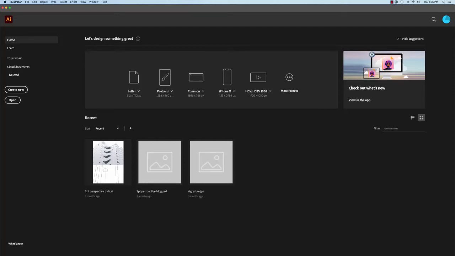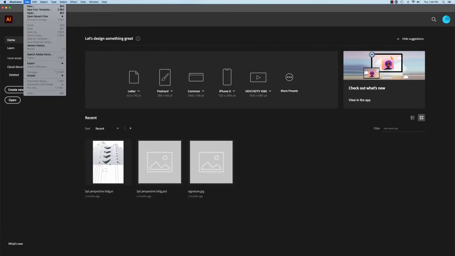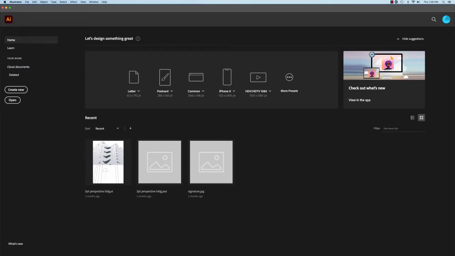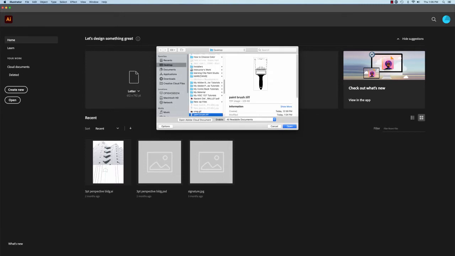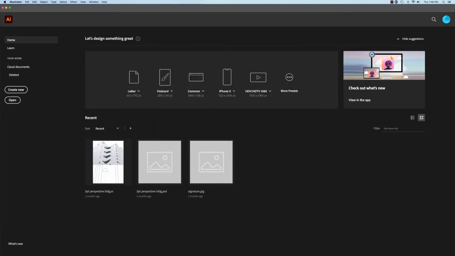Okay, so in this tutorial, I'm going to show you how you can bring your scan into Illustrator and how you use a feature in Illustrator called Live Trace to turn it into vectors so it becomes a graphic. So the first thing you're going to want to do is go to File, Open, and browse for your scan,